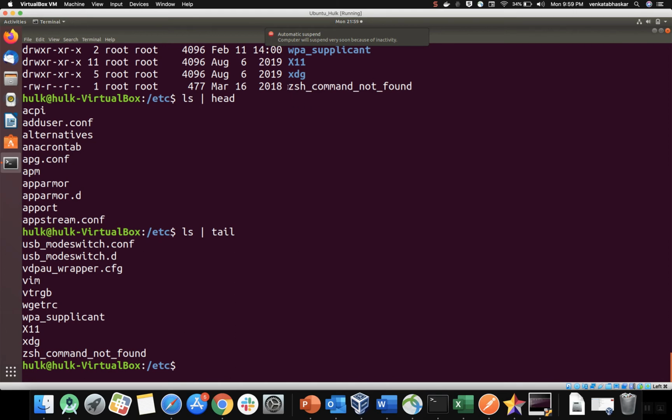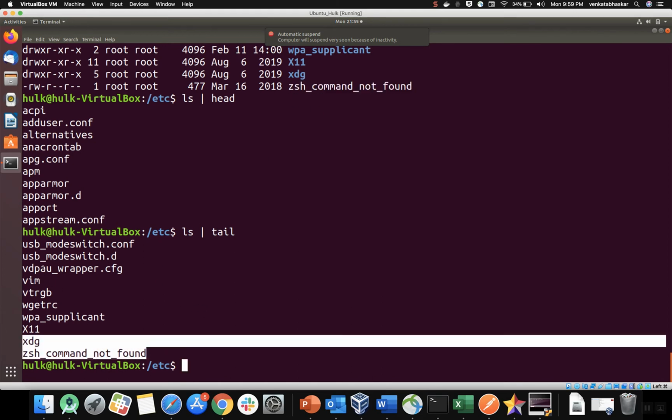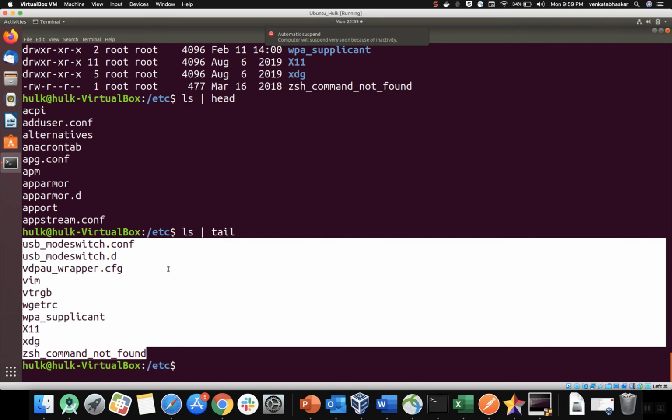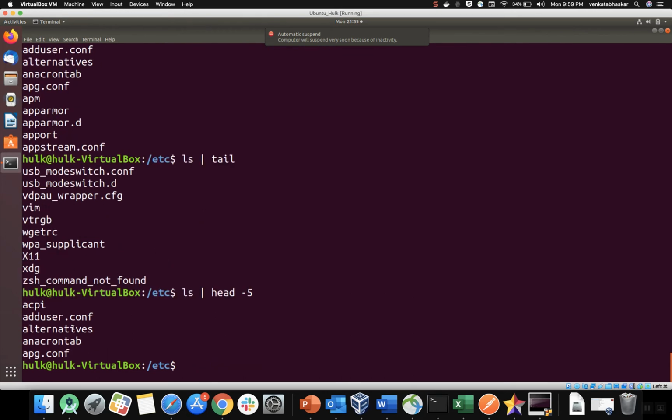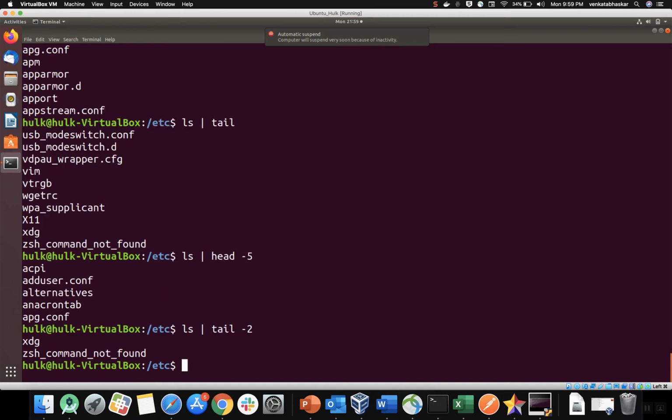This is my last file, from the last 10 records it will display. If I want to display the top 5 records, then you can use -5. You can display the top 5 files. In the same way, from the tail I want to display 2 records. I am displaying just these two. This is the use of the head command and tail command.